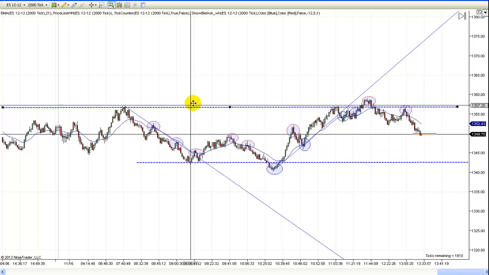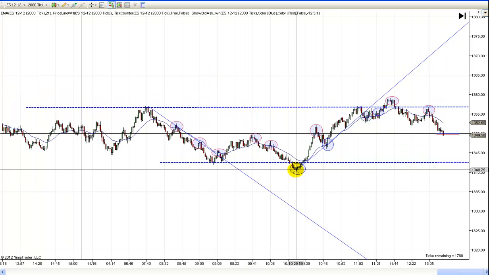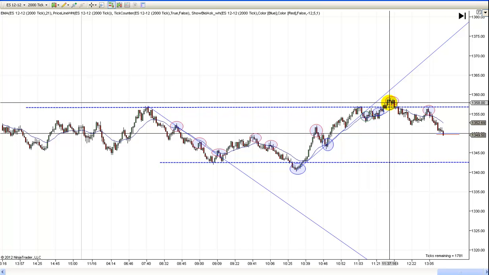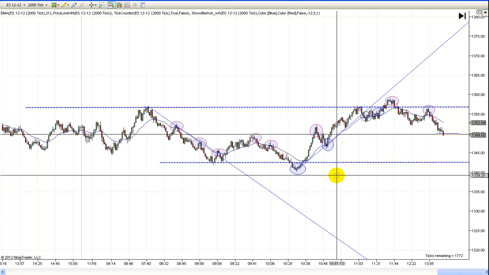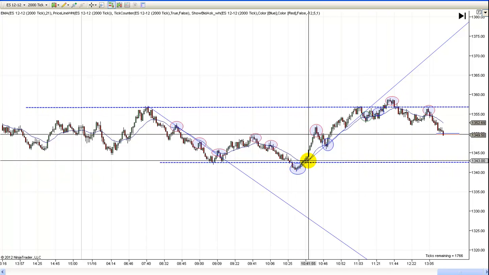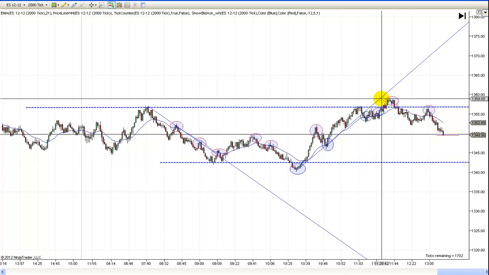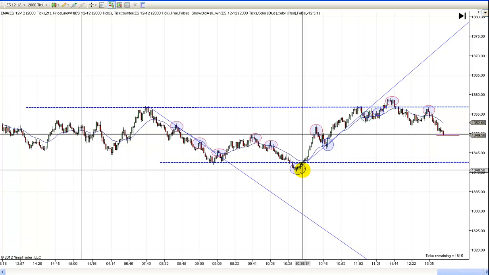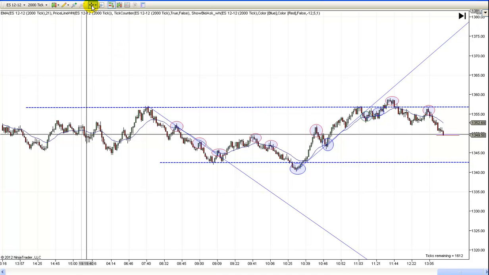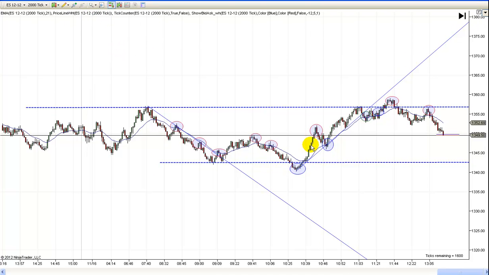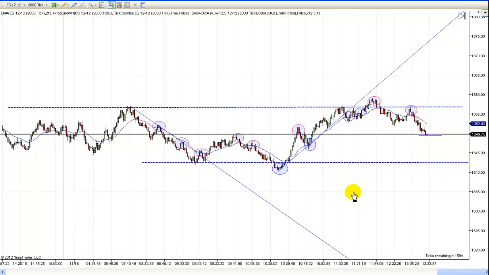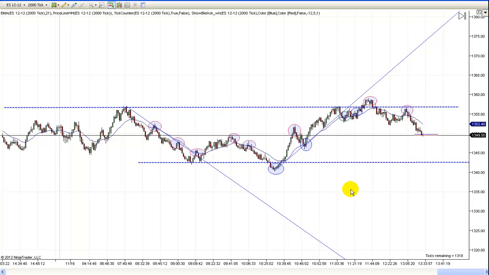And you can see what we had. We've got a little range here. We had a failed break off the low side, failed break off the high side, and this failed break lower here led to a big reversal. And really this big, huge move out of here, let me get rid of these crossbars, this big move out of here was a direct result of unscheduled news, I guess is what I would call it. Congress came out and made a big